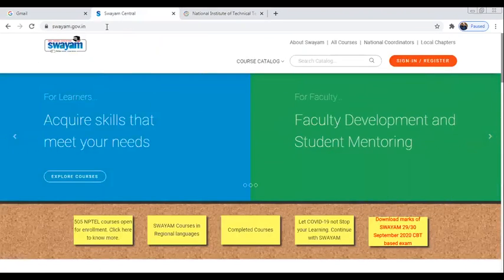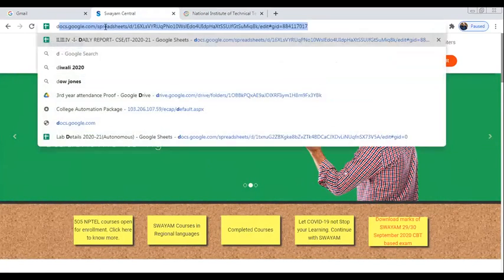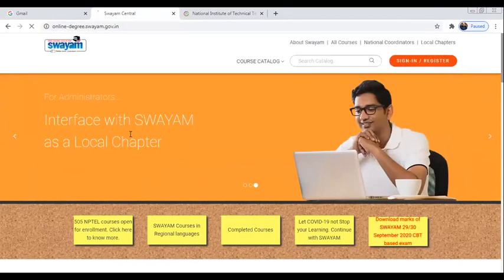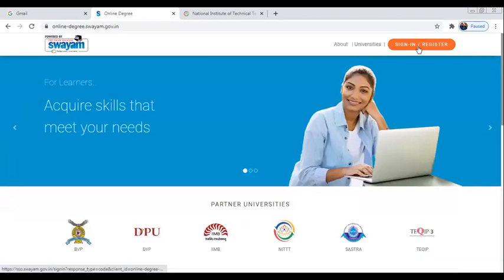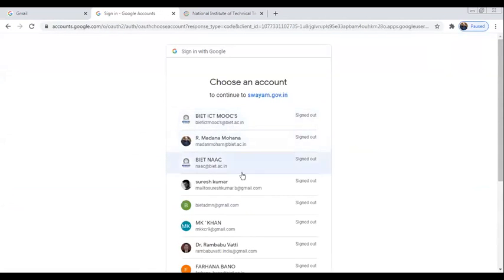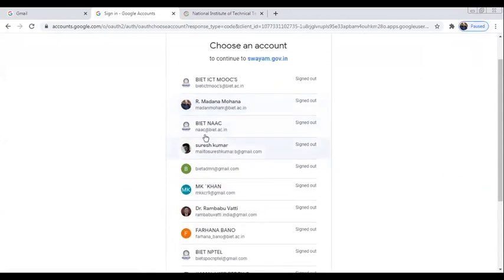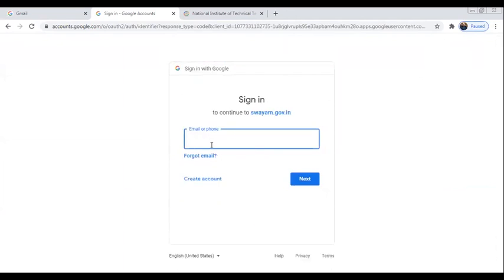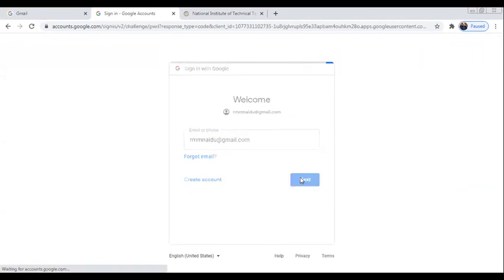Now you can go to the Swayam portal of this NITTT. This link is different. This is the link online-degree.swayam.gov.in, like swayam.gov.in, but this is a separate link. Whatever email ID you used at the time of registration, the same email ID you can use. Here I used my personal Gmail. So if I have to log in, it shows a login page similar to the NPTEL courses login page.